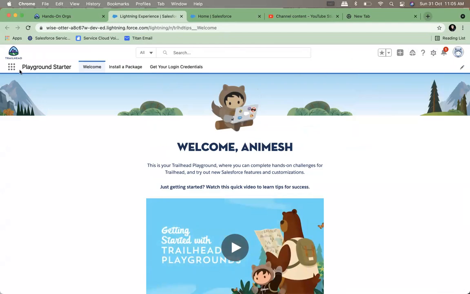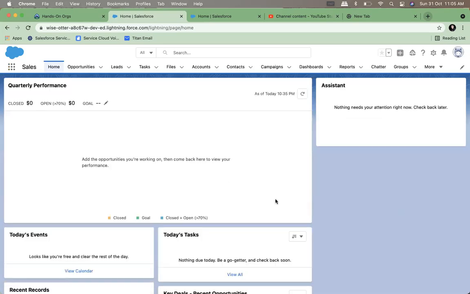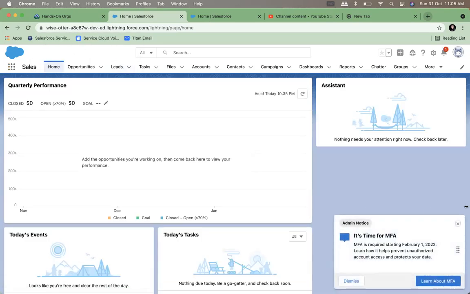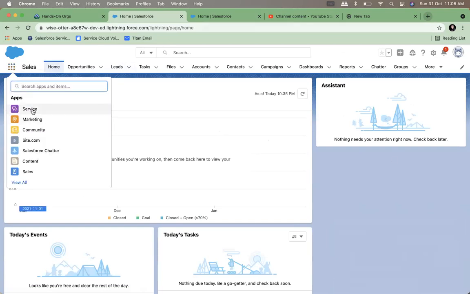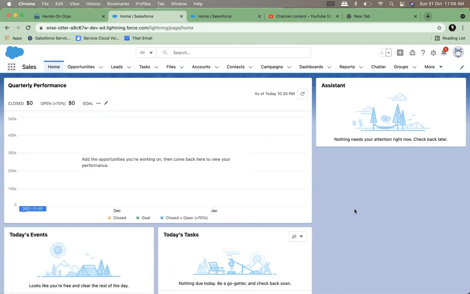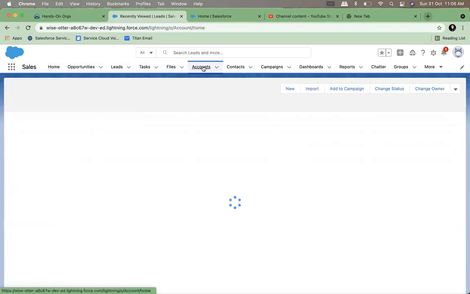Just like in a mobile application there can be many apps, every instance of Salesforce can have multiple applications. Which app are we talking about here? We are talking about the sales app. In the sales app, we will do the sales process. Similarly, there is a service app where we'll do the service process. We'll discuss this later. For a few classes from now on, we will only concentrate on the sales app. You can create your own app. What is an app? An app is a collection of tabs. These things on the top are called tabs.